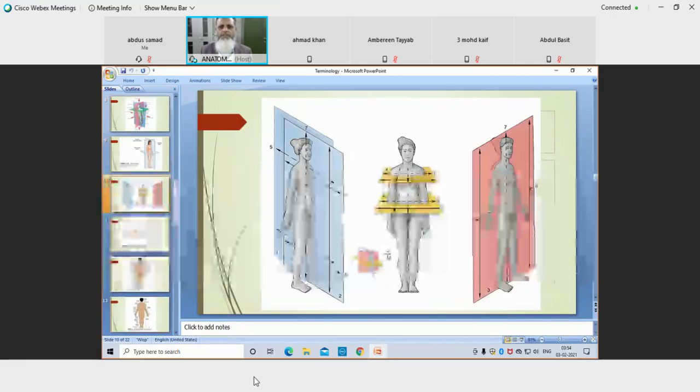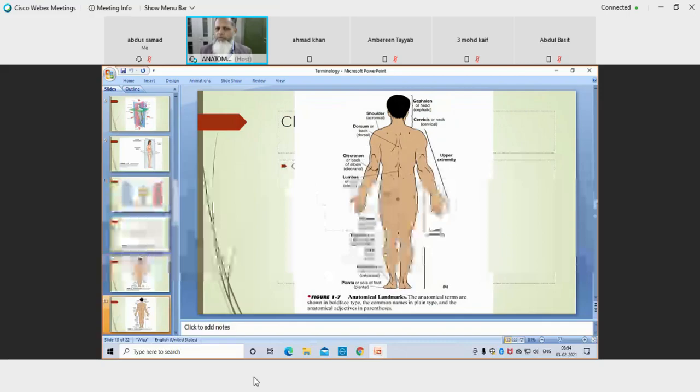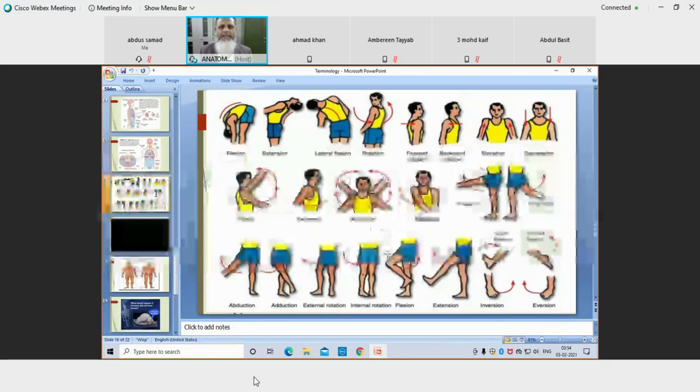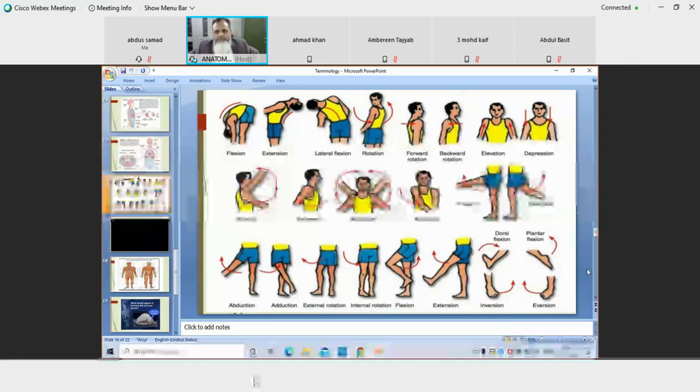Now, just an introduction to what we are going to talk about in the next class. See this PPT. Just a brief introduction of the topic that we are going to continue, because I think just 6 minutes are left. So the part that I can cover, I will cover. The terms related with the movement of the body.